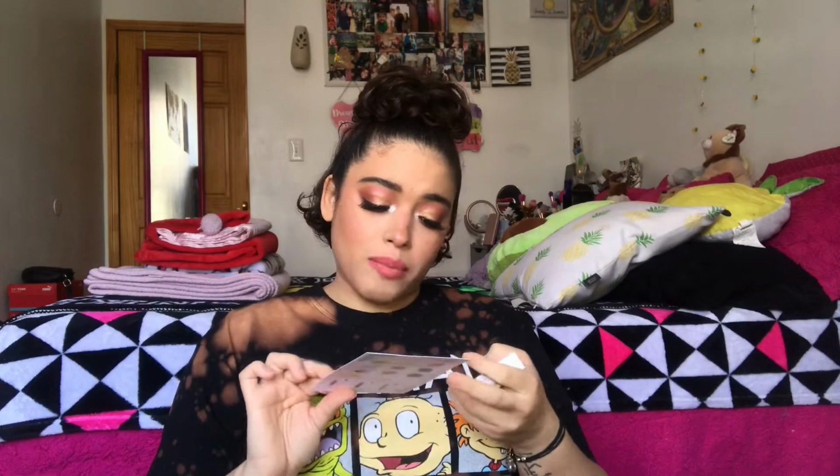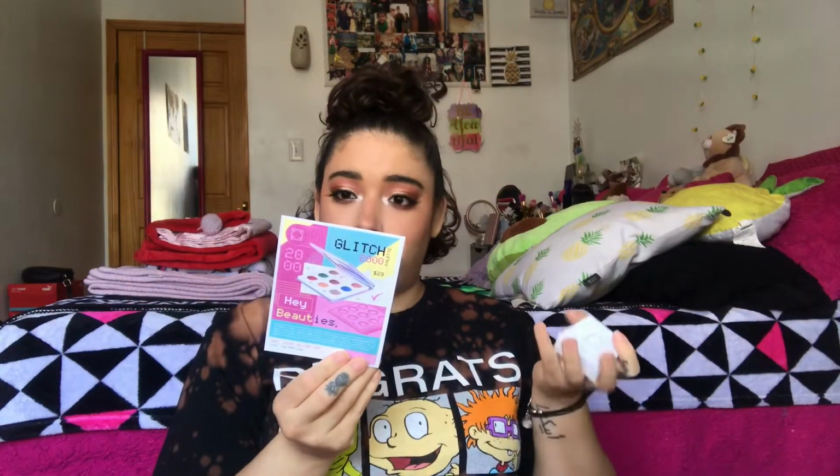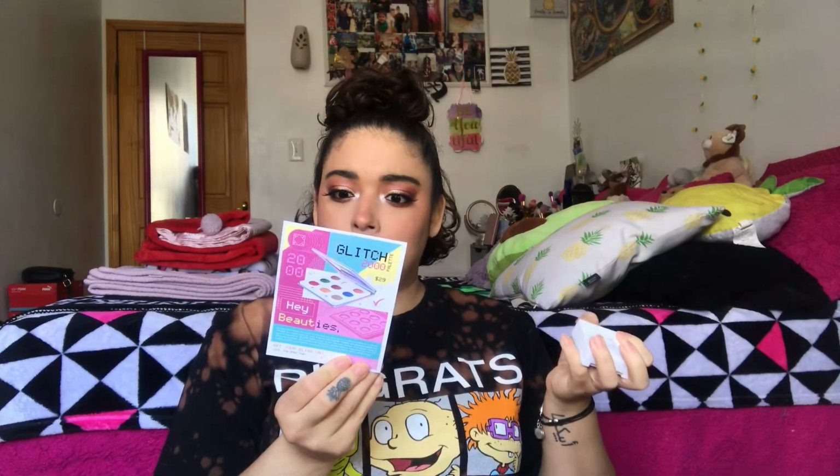And this, I don't know what I'm looking at. Honestly, I don't know what I'm looking at because I'm so confused about this box. It doesn't say anything about banana powder. It doesn't say anything about the wipes. Alright, so for these, I'm just going to have to look these up, honestly. So, the next thing we have in here...